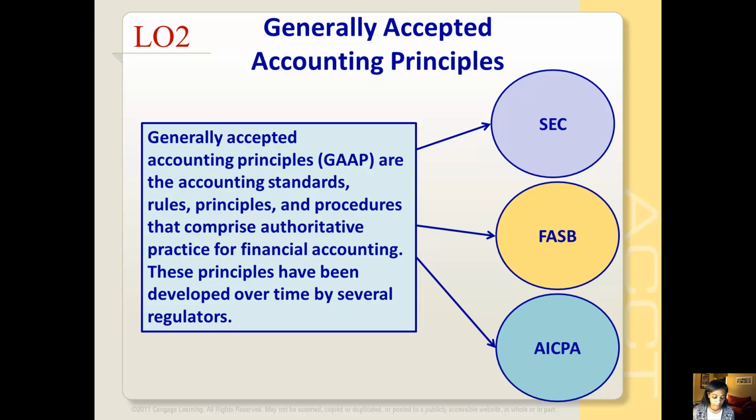Now let's talk about GAAP. When accounting for their economic activities, public corporations must follow what are called generally accepted accounting principles. These generally accepted accounting principles, or GAAP, are the accounting standards, rules, principles, and procedures that comprise authoritative practice for